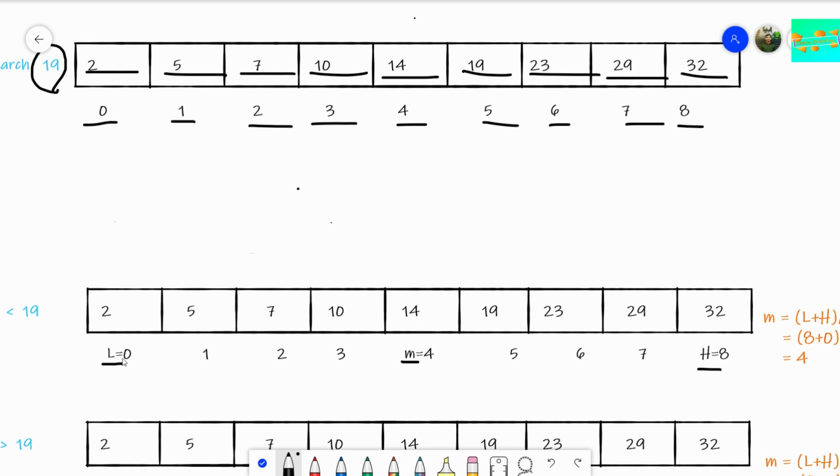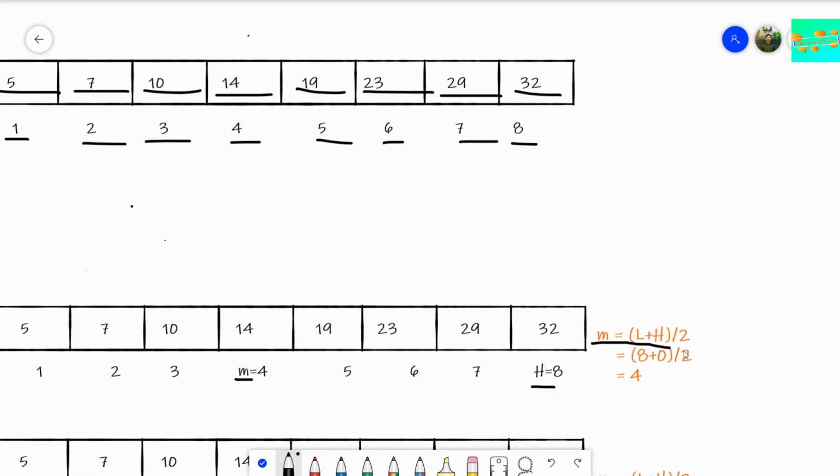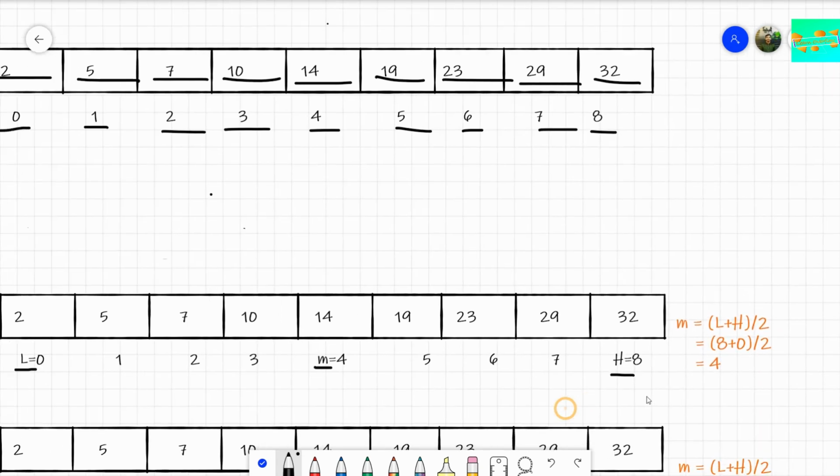Initially low is set at position 0, and high is set as the maximum index the array can have. Next, figuring out M. We figure out M with the formula M equals (high plus low) by 2. So we divide the sum of high and low by 2.